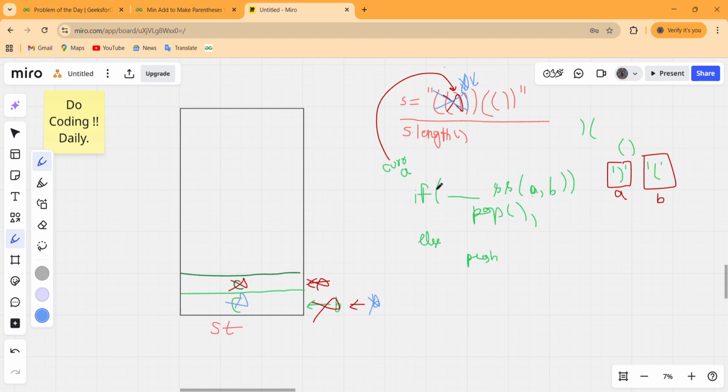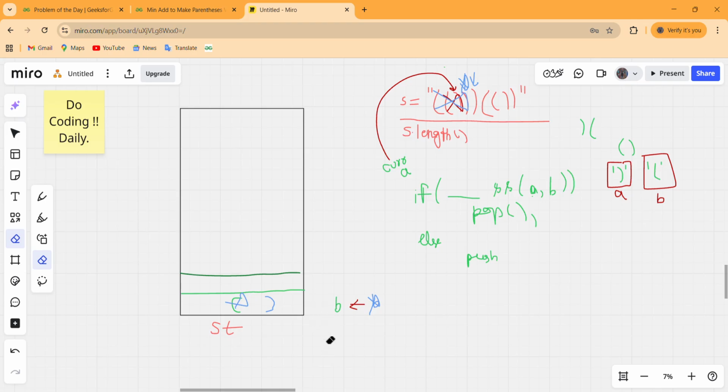We have the stack as empty this time, so this condition will not be checked and the control will move into the else part, and we have to push this current A inside our stack, that means this closing parenthesis. Let us erase the previous characters and previous pointers.